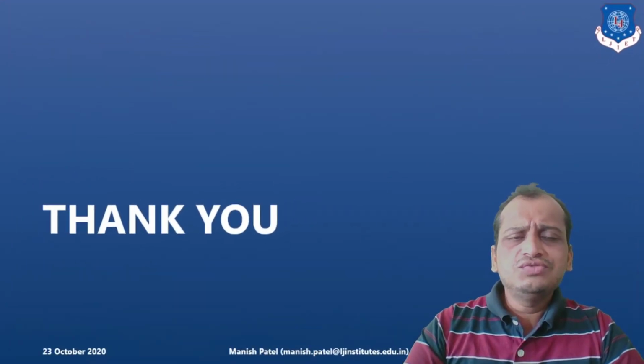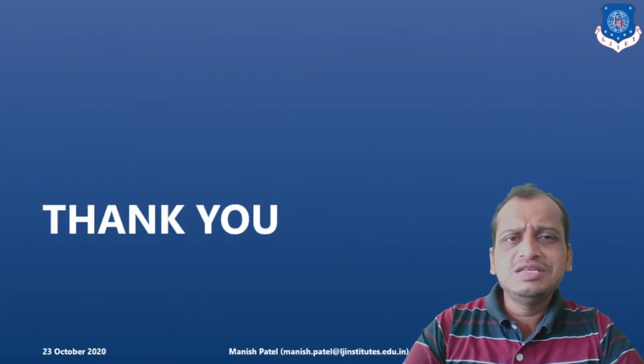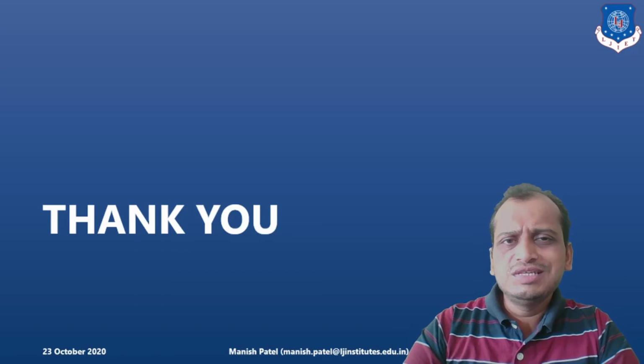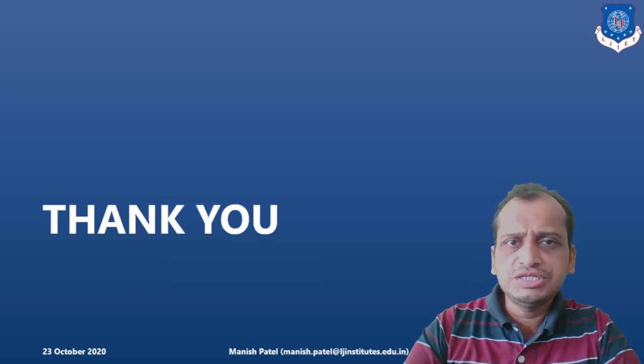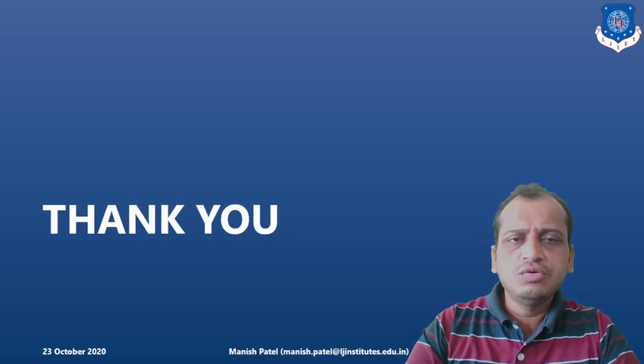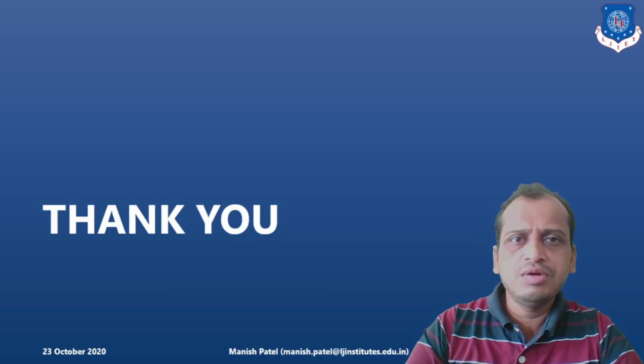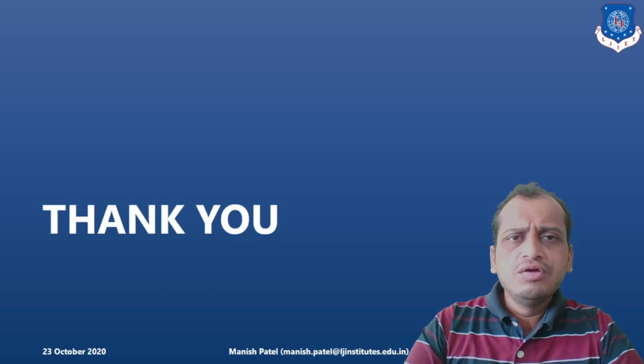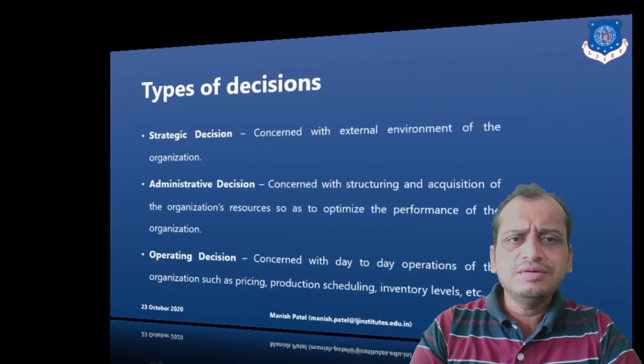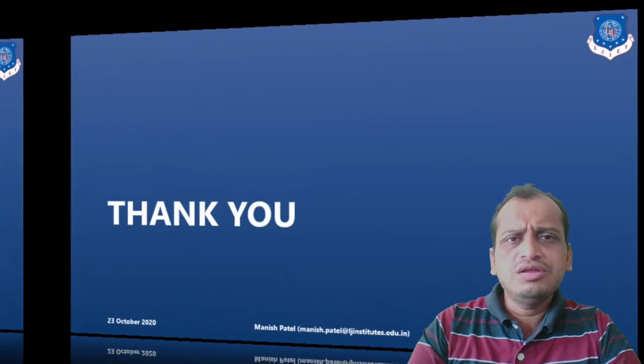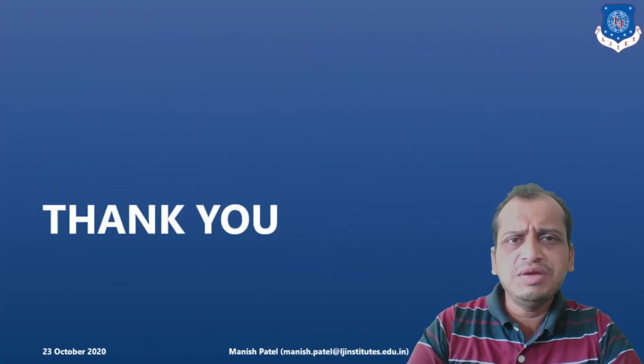So in this way we have introduced a new topic called decision theory. What decision theory is, where it is applied, what the applications of decision theory are, and how we approach the problem of decision making. We have different models. We looked into 6 steps of the decision making problem, how to approach it, and we also looked into the types of decision, based on management and based on environment. Hence, we have concluded with the introduction of decision theory.